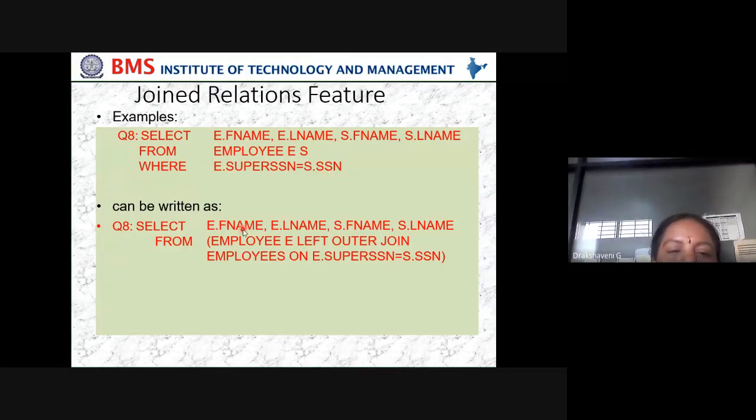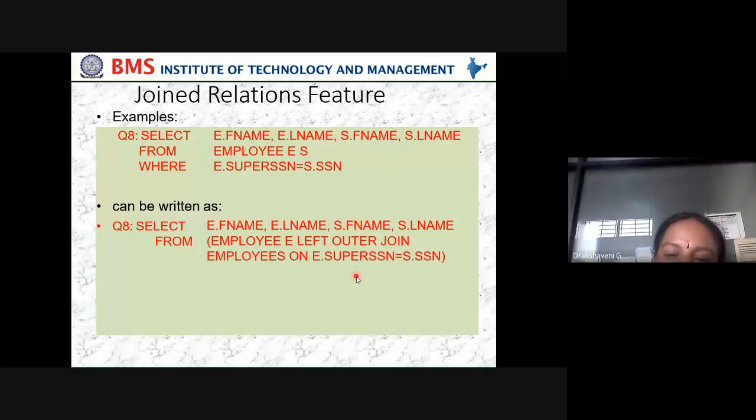It can be written as first name, last name of the employee, and super SSN of the employee, that is the head of the department's first name, last name, from the employee table, and a left outer join with the employee S. S stands for alias. One is E and one is S.